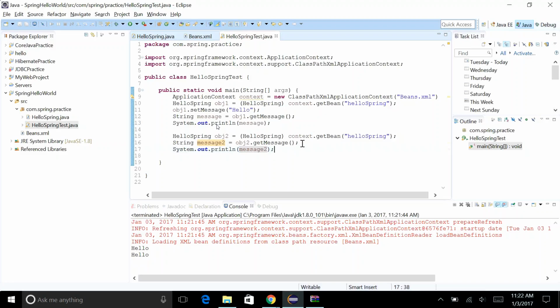Because by default the scope of these bean components is singleton. Other than singleton scope, there is one more scope value available called prototype. With the prototype configuration, we will get a separate instance every time you say context.getBean. So go back to your beans.xml